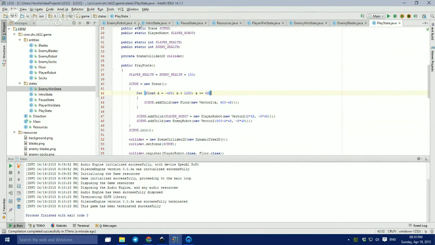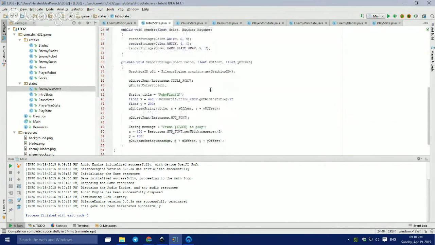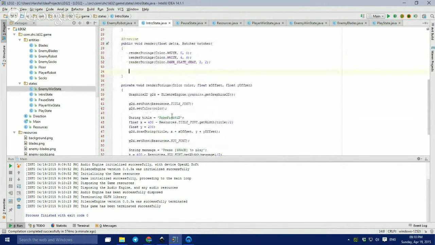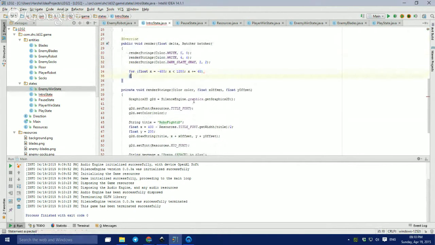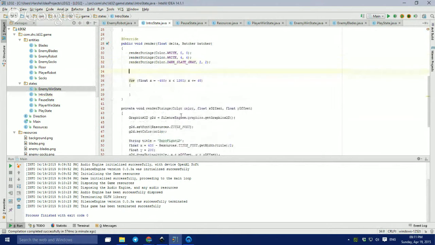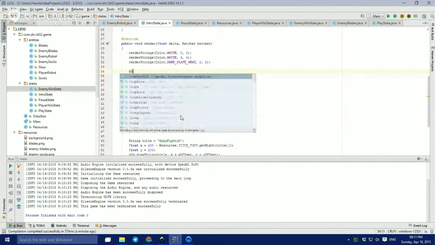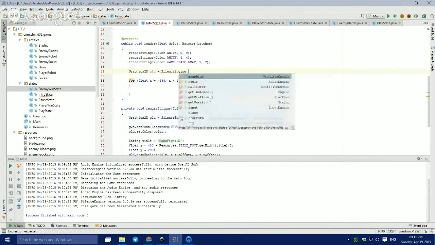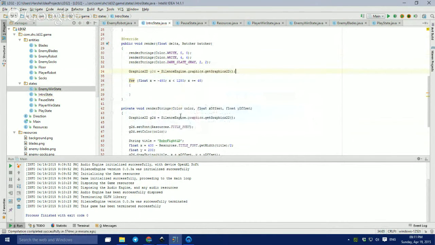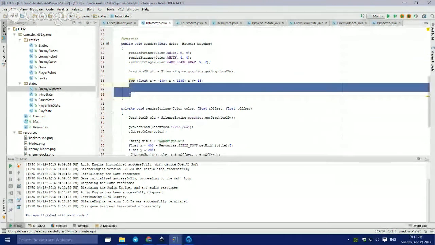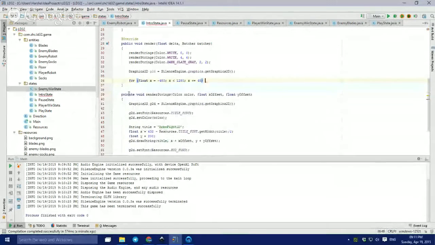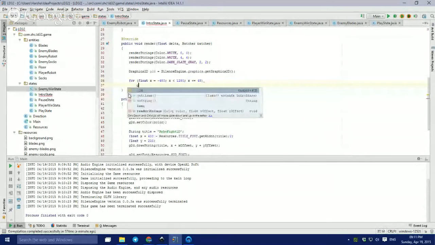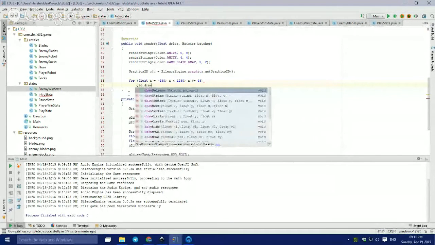I'll copy this to the intro state, and after render strings, I'll add this. So Graphics2D g2d is equal to engine dot graphics to get Graphics2D. So every time g2d dot draw texture